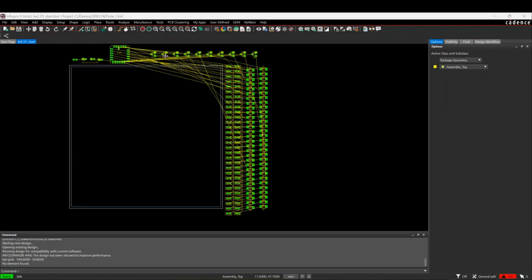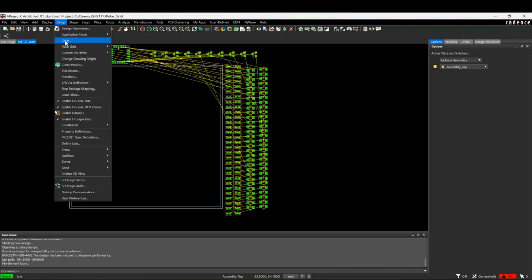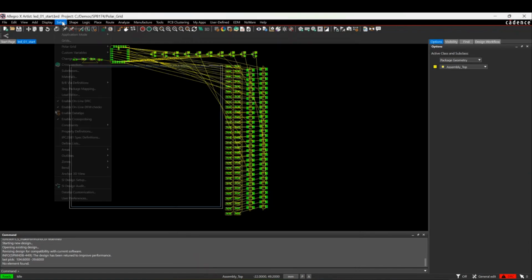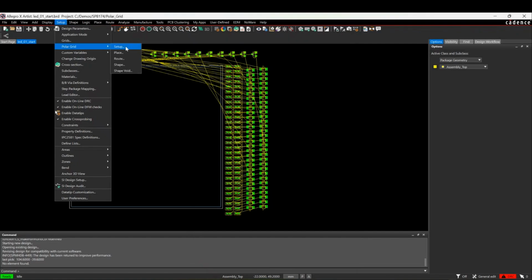So by default, the grids available under Setup and Grids is effectively an XY grid to do your PCBs in general. But if you've got some circular PCBs or arc PCBs, or you need to place components around a radius or anything like that, there's a feature called Polar Grid which allows you to set something up. So if we look under Setup, Polar Grid, and Setup,